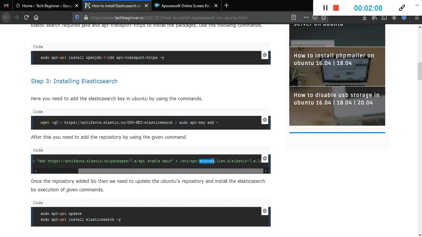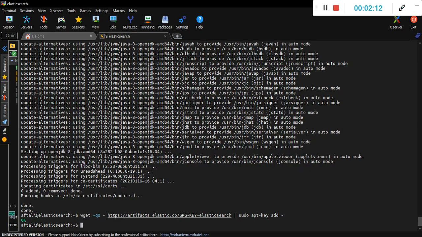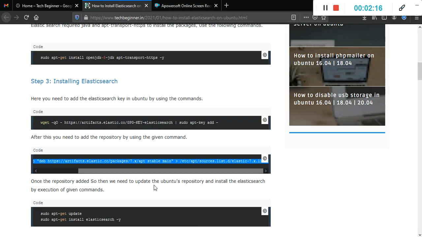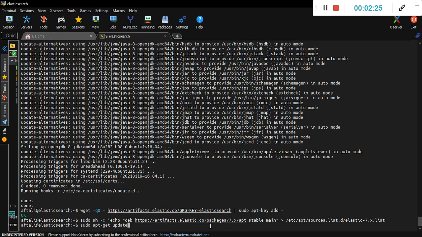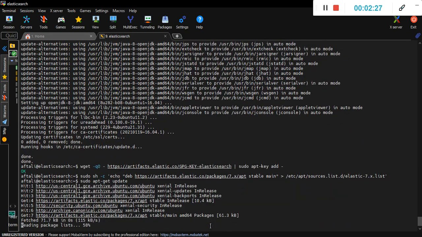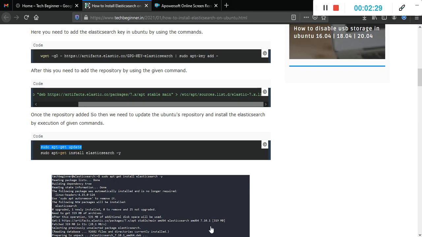So just double click and copy and paste here, and after that we need to update the Ubuntu current repository to sense the newly added Elasticsearch repository in your system. That's completed.